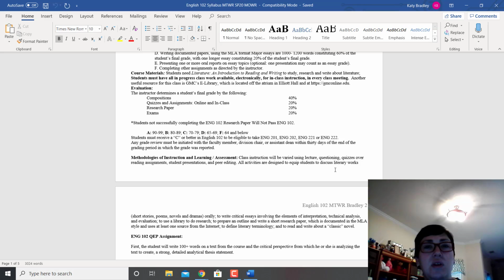We have one research paper. It is worth 20% of your grade, but the compositions that we do are building up toward your research paper. So you're getting feedback on your thesis statement and sources in the annotated bibliography. You're getting feedback on your organization and your use of sources in your outline, so that by the time you get to your research paper, you're in pretty good shape. And then if we remain online, we'll also be doing some peer reviews, so you'll have the opportunity to get feedback from each other.